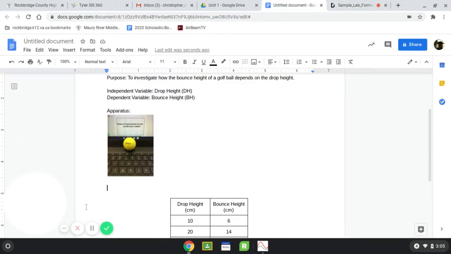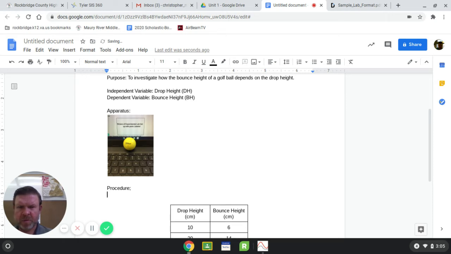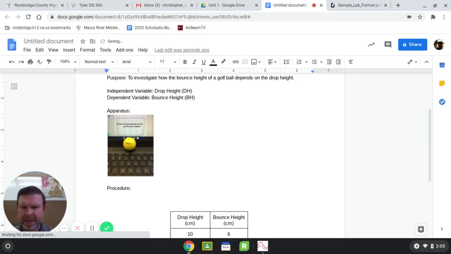What do we got next? I think I got to do a procedure. So complete sentences describe how you collected your data. I don't really want to write a whole procedure here. Let's see how we can do. But I do want to emphasize that what you need to do in the procedure is very clearly articulate how you collected your data. Clear enough that somebody else who has not done this with you would be able to reproduce what you did. So procedure, step one,